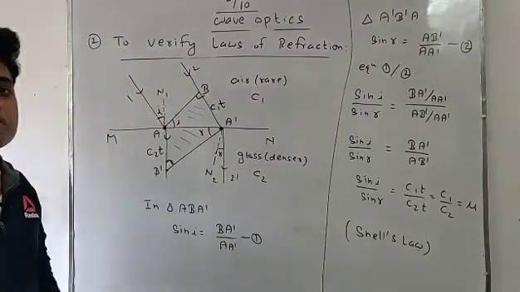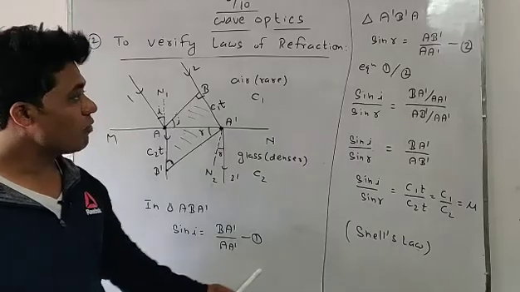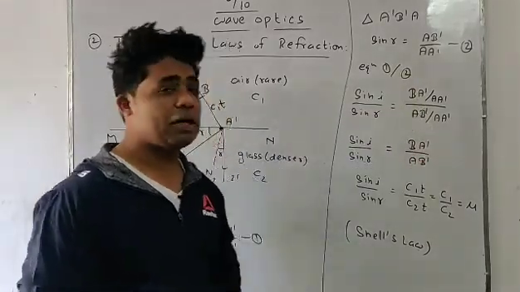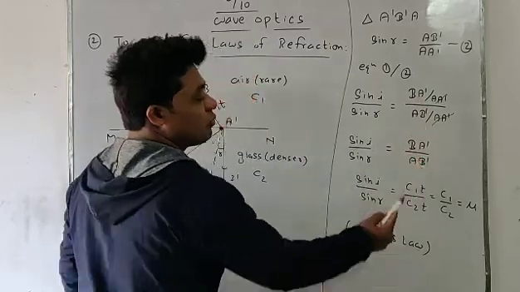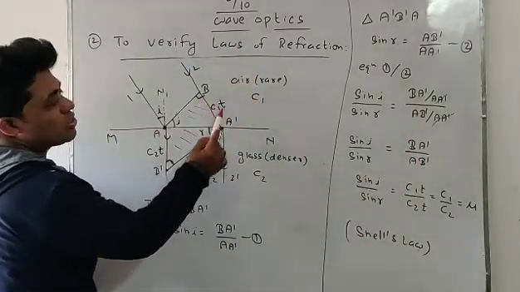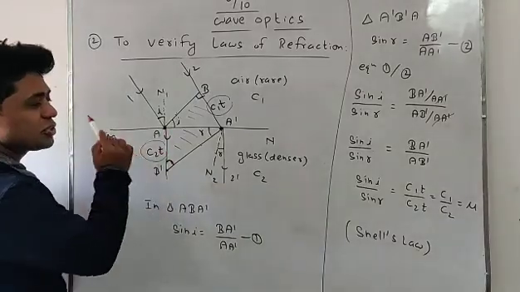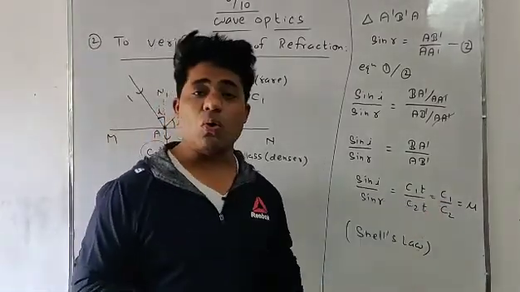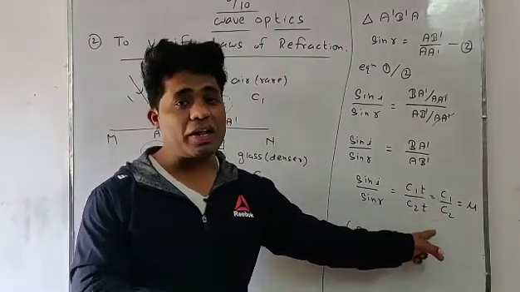Now first equation divided by second. Sin I divided by sin R, left hand divided by left hand and right hand divided by right hand. A dash and A dash cancel out, leaving BA dash by AB dash. What is BA dash? This distance is C1t. AB dash, this distance is C2t. T and T cancel out, and we look at the speed of light in one medium to the speed of light in another